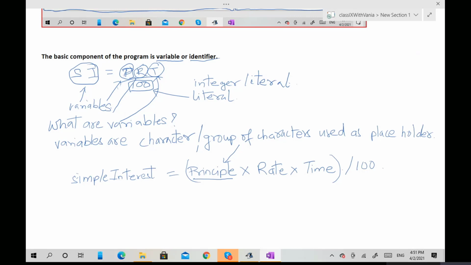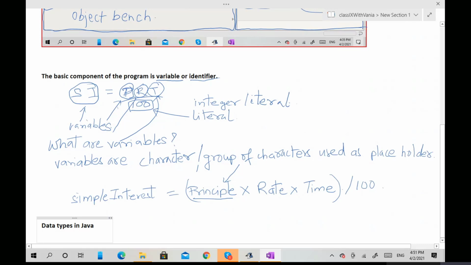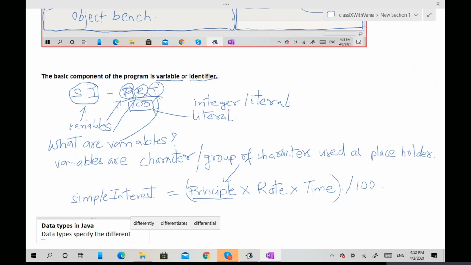So now we talk about the data types of Java. What are the different data types present? Let me write it here. Data types specify different sizes and values that can be stored in a variable.